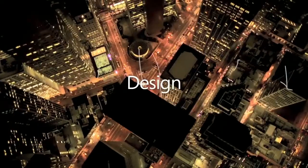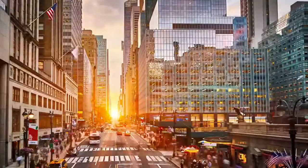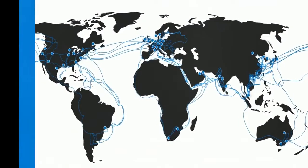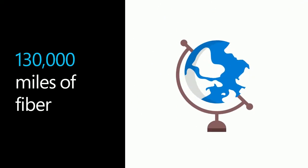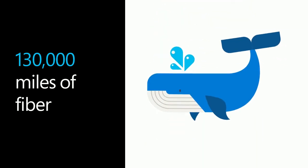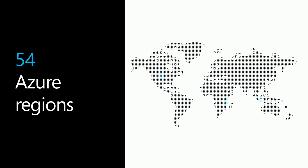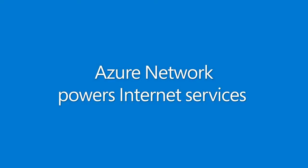You can design, build, and scale your own virtual network to meet the ever-evolving needs of your organization. The Azure Network is amongst the largest in the world, connecting 6 continents with over 130,000 miles of fiber, both terrestrial or across land and undersea. This network securely connects 54 Azure regions and counting, as well as over 160 edge sites to serve internet connectivity globally. The Azure Network powers internet services such as Office 365, Xbox, Bing, and many others you and your customers